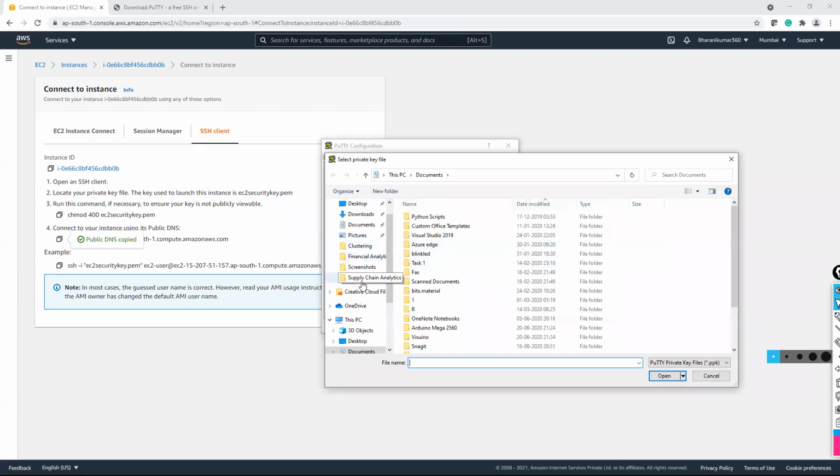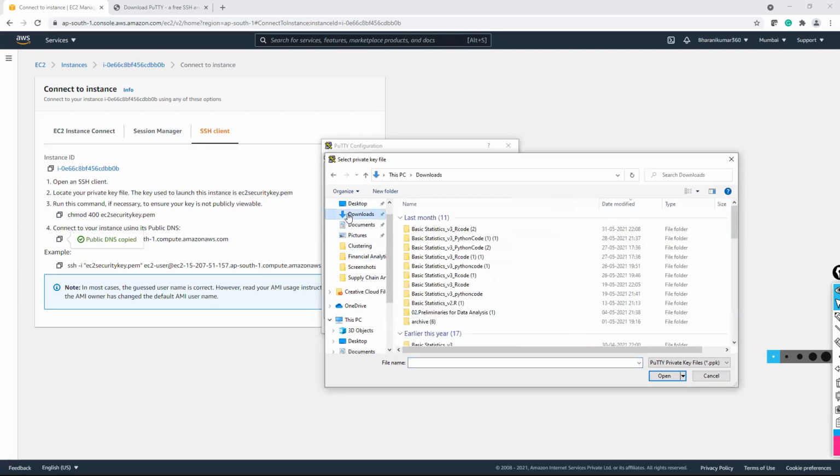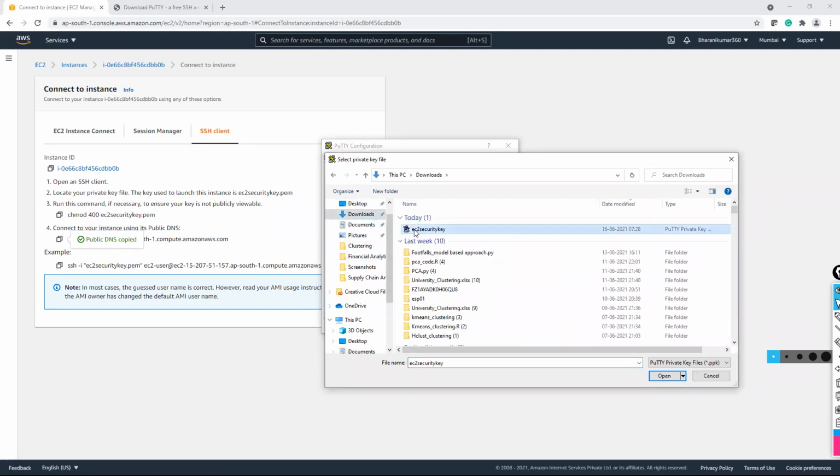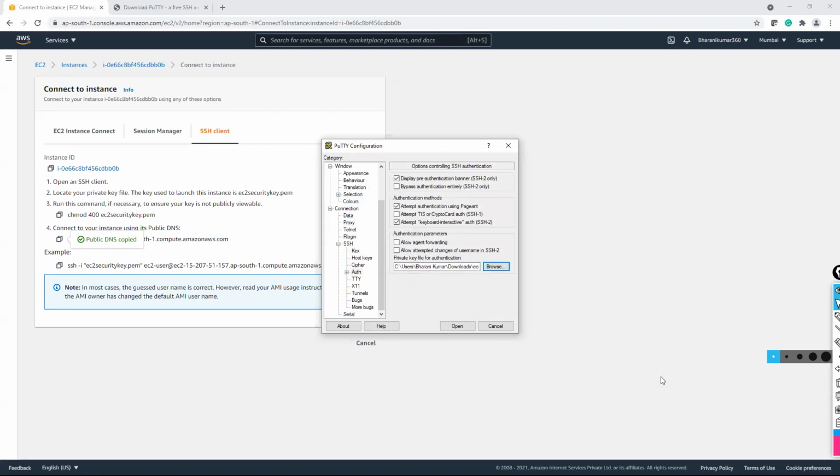Browse, this one, and open. And let me know if you're done with this step.